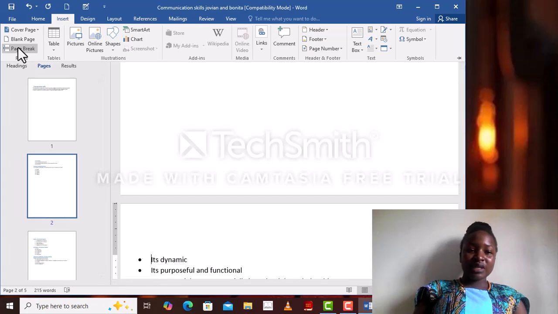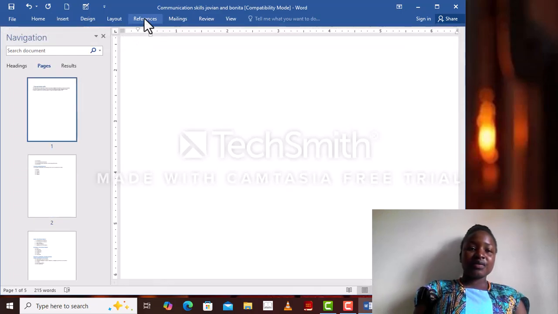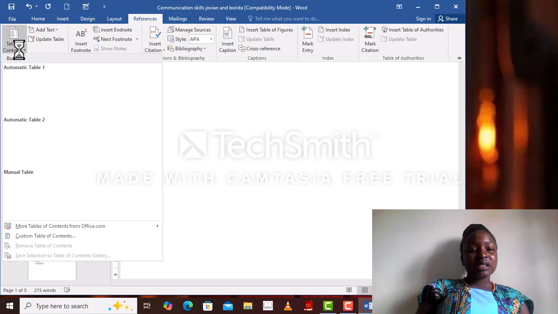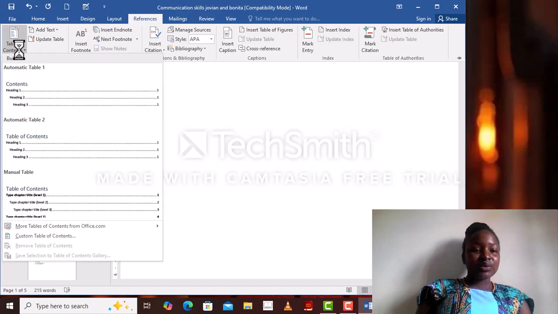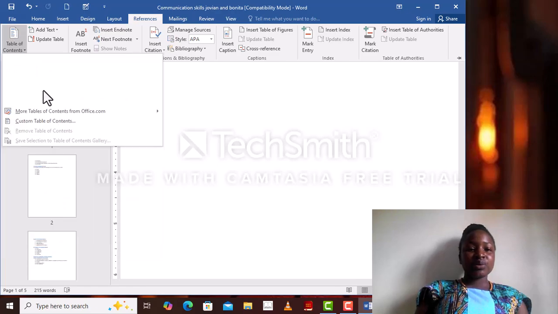So if your new page has been created, you have to double click on that new page, then you come to references. So under references, you're able to see the table of contents. So you tap on that, then you see the formats being displayed. So all you need to do is you choose